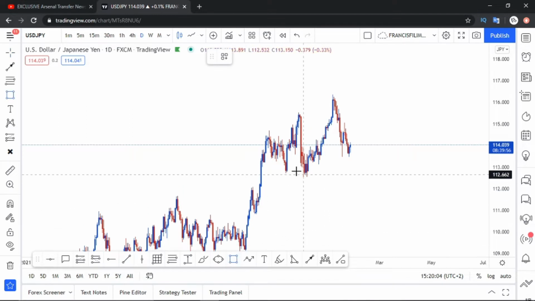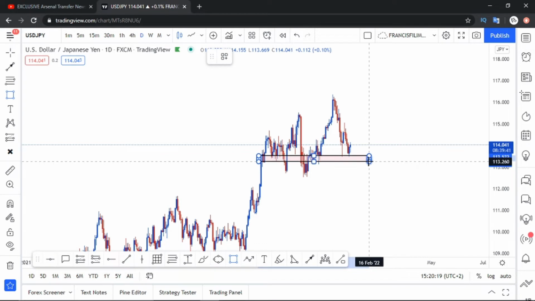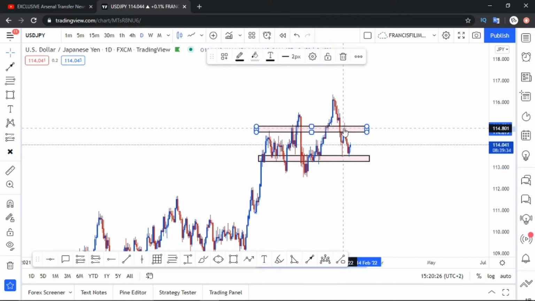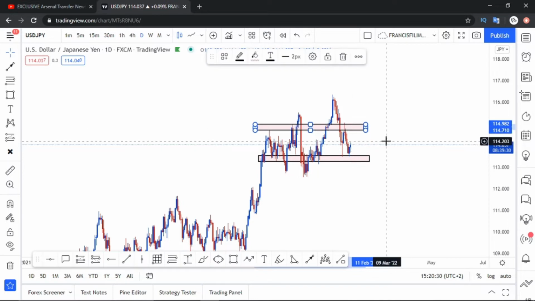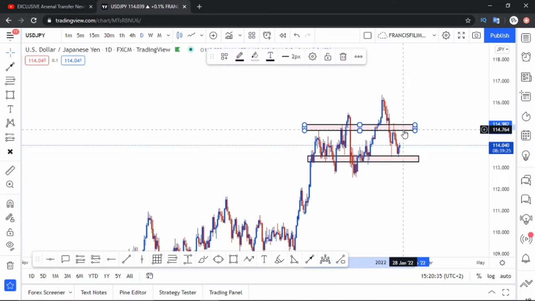My support and resistance. So as I said, I want to look for areas where there are a lot of reversals, where there are a lot of rejections, guys. So support and resistance is a zone, guys. It's not a single line, it's a zone. So I got my first one right here, guys. I got my first one right there, and I can see another one right here in these areas, guys. Right here I can see another one right there,